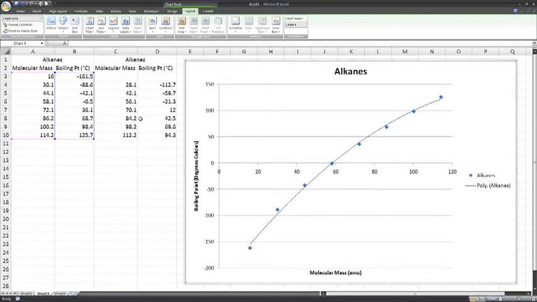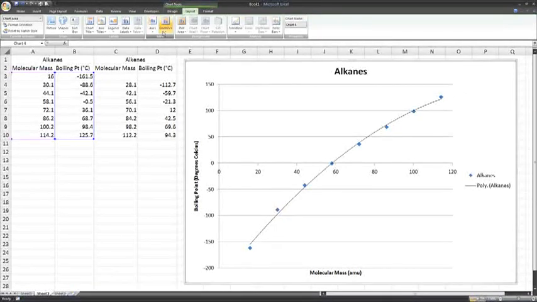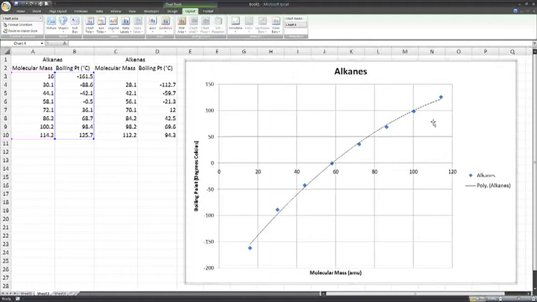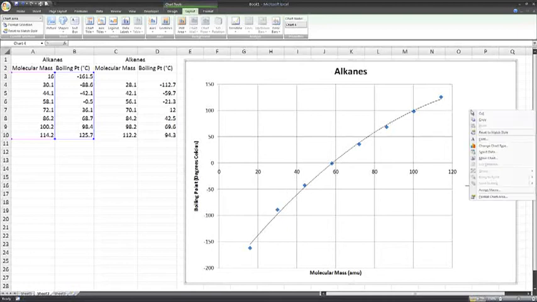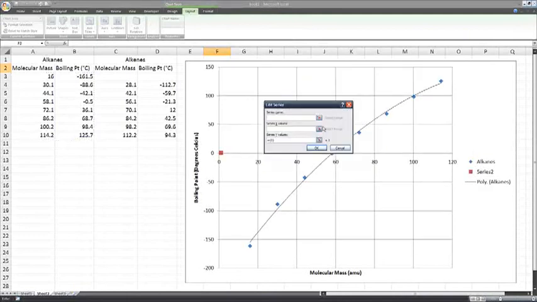Now the next thing I want to do is add the other set of data, because I want to put them both on the same graph. One more thing I like to do is to have those major grid lines in the vertical direction too, just to make it look a bit more like a graph. Okay, we go back to select data and add another series, and this series are the alkenes,